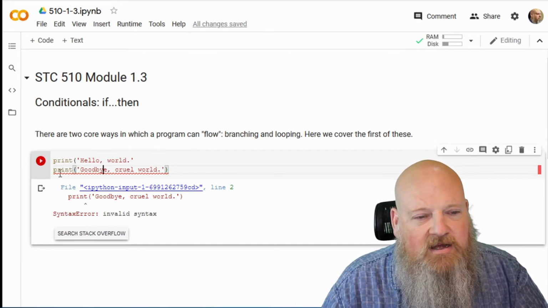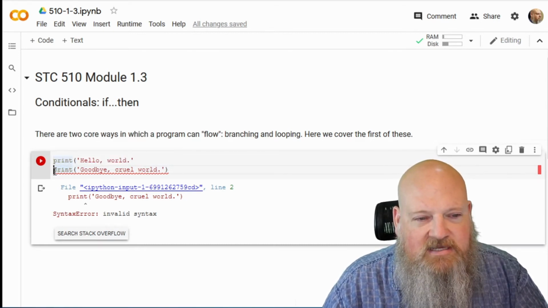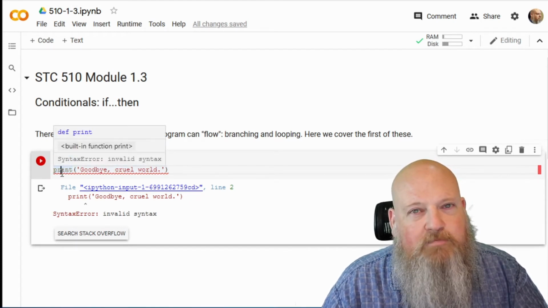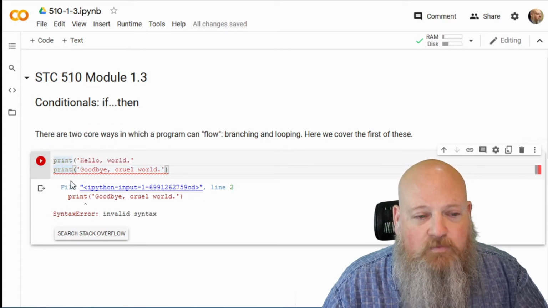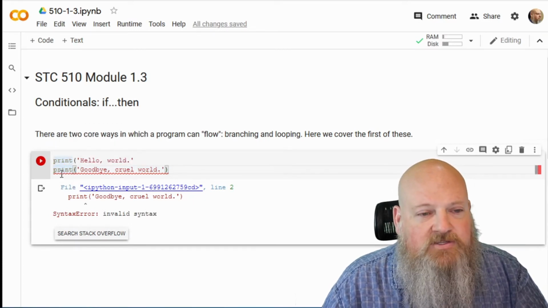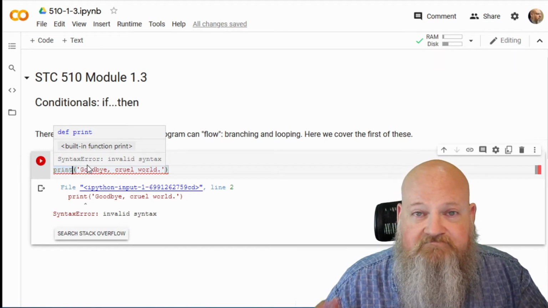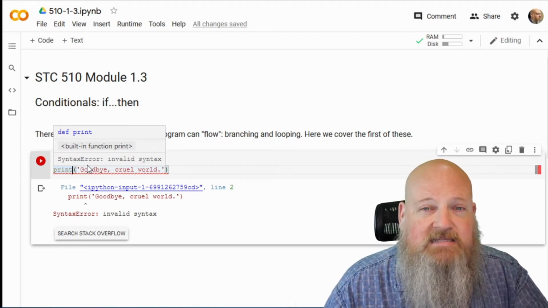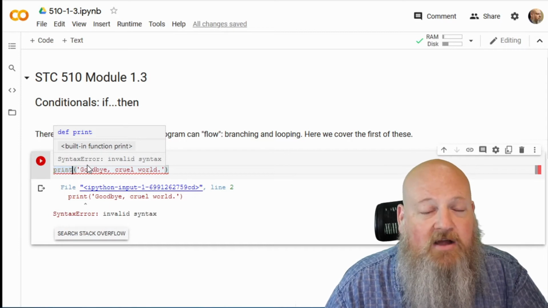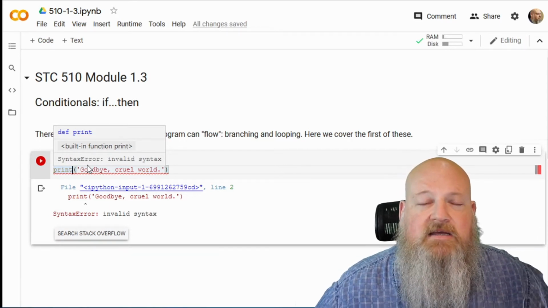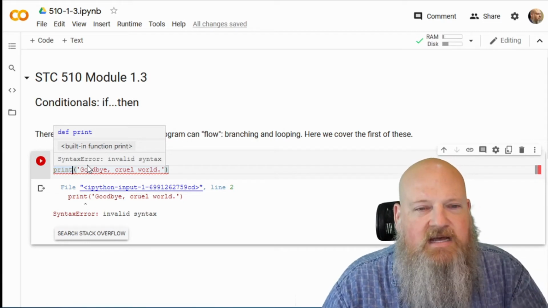And if you look at the second line where it says there's an error, we can see that we have a function here. The function is print. All functions have parentheses after them. That's one of the ways you can tell they're a function. Sometimes they just have an open parenthesis and a close parenthesis, and that's it, because you're telling it to go do something, like go make me a coffee. So it might be make me a coffee, open parens, close parens, and that's how you know it's a function. This one does pass,